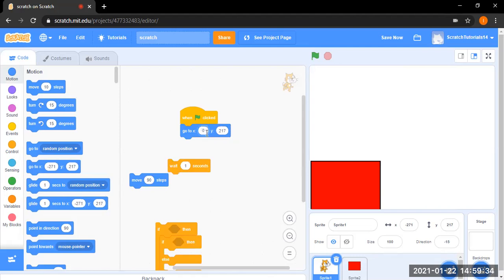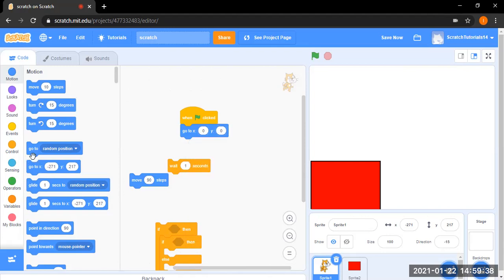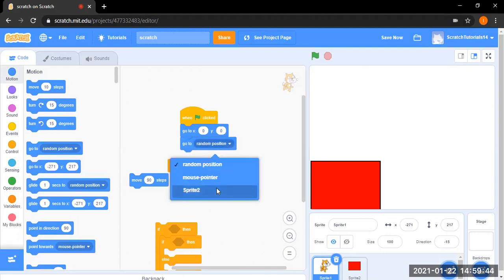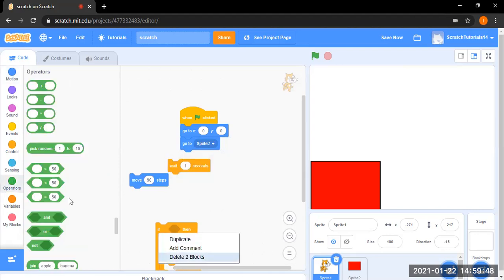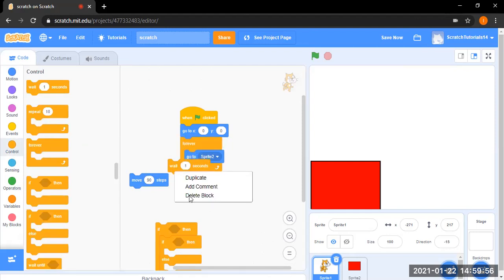And then I'll make it go towards sprite 2. Forever go to sprite 2. And then if touching color,